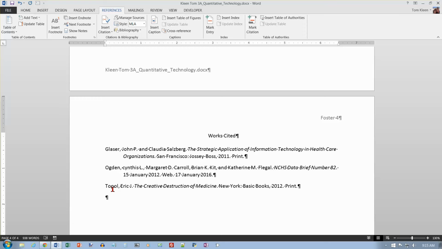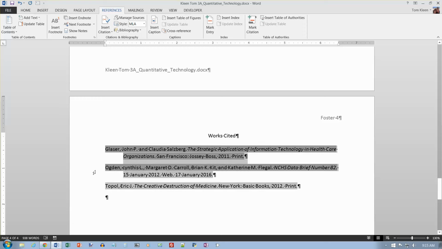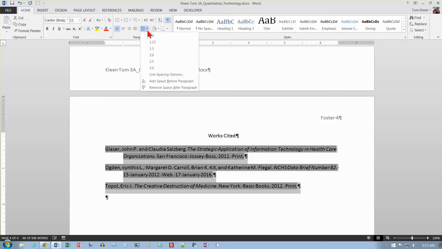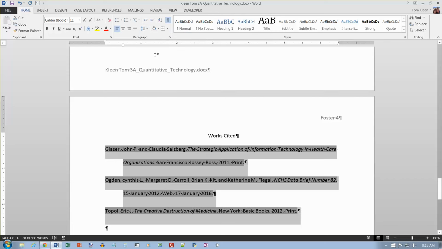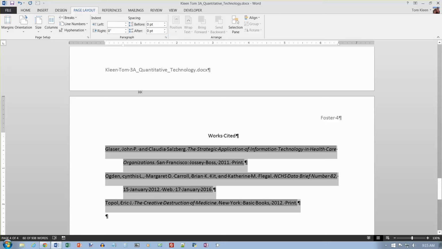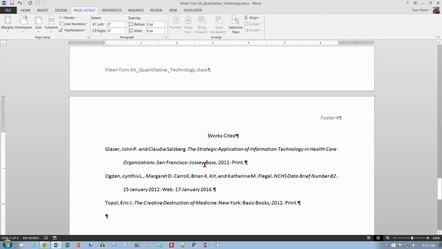And they went back to single spacing. So let's grab them again and go to Home and choose double spacing. And we need to do the space after, I guess, to 0 as well. Okay, and now we're on